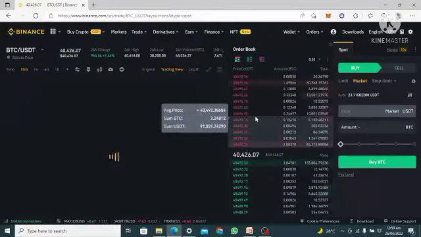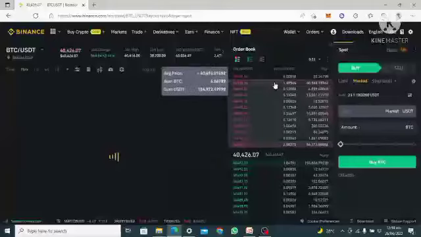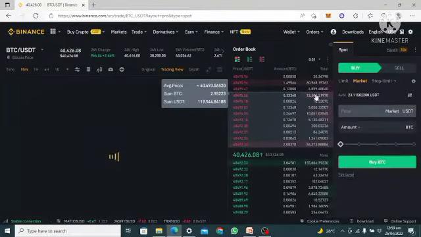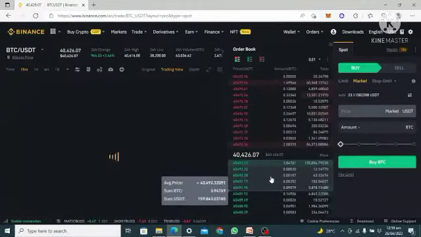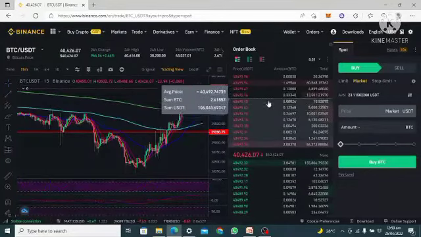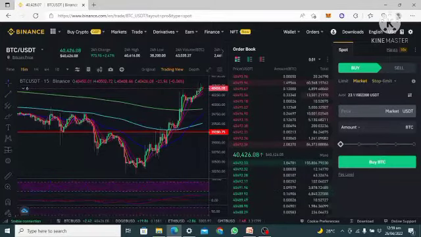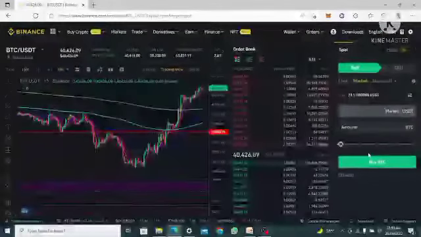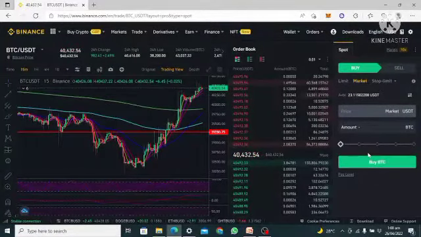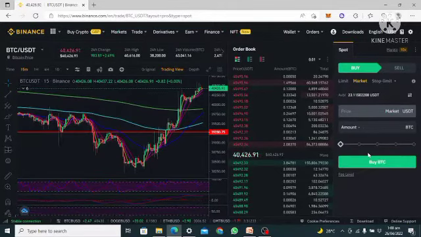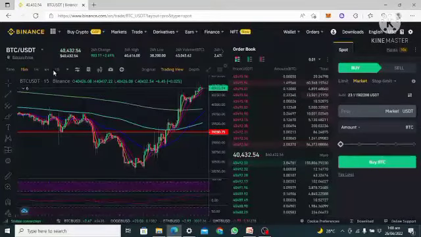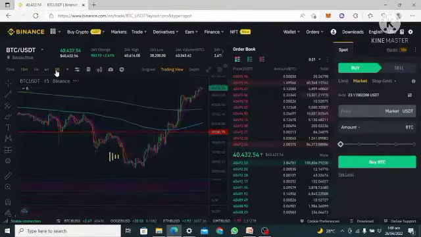So now I talked earlier about the buy book and the support level. Sorry, this is the sell book order and this is the buy book order, and I think those are the major strategies that for a beginner I just need to show you. But we're going to go deeper in my next video of advanced. We're going to be talking about some strategies that you need to do. So this is how you place your trade. You can see that in the 1 day time frame as well.